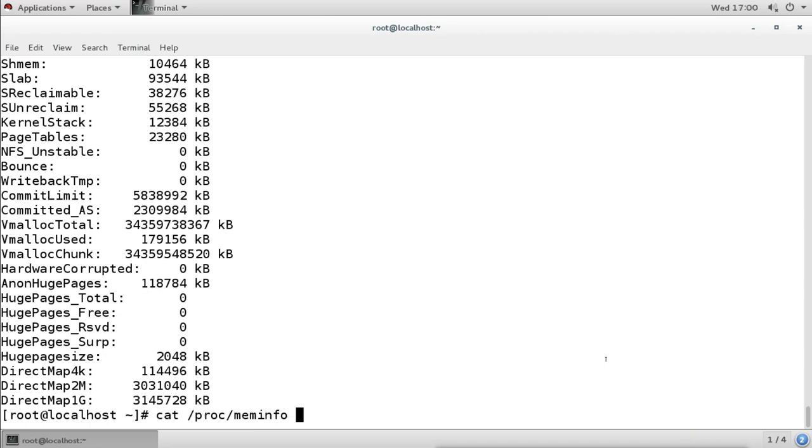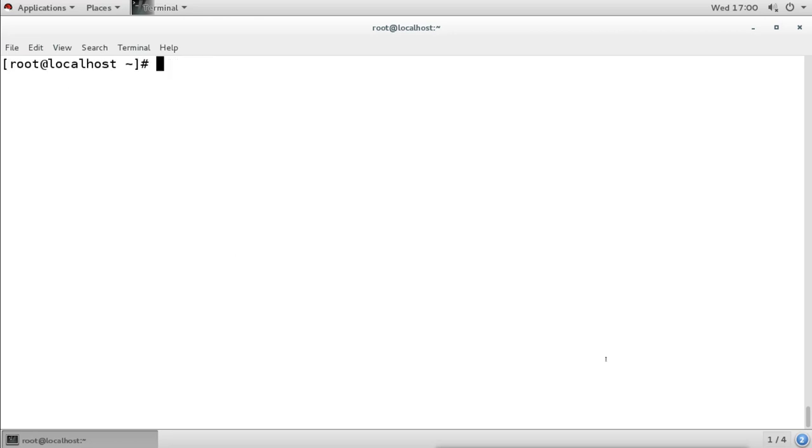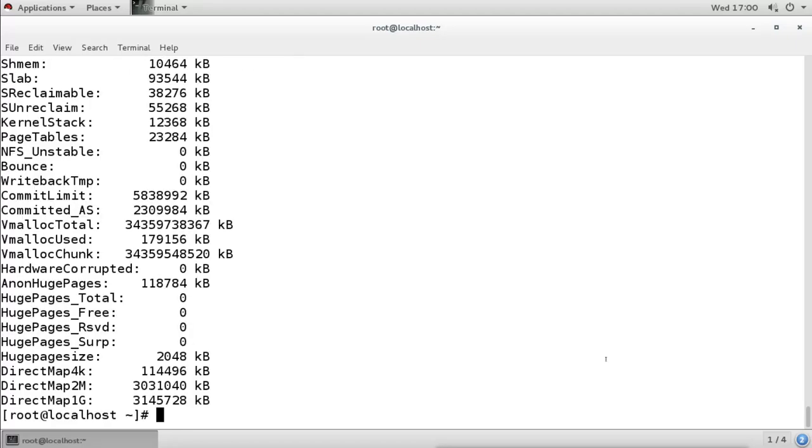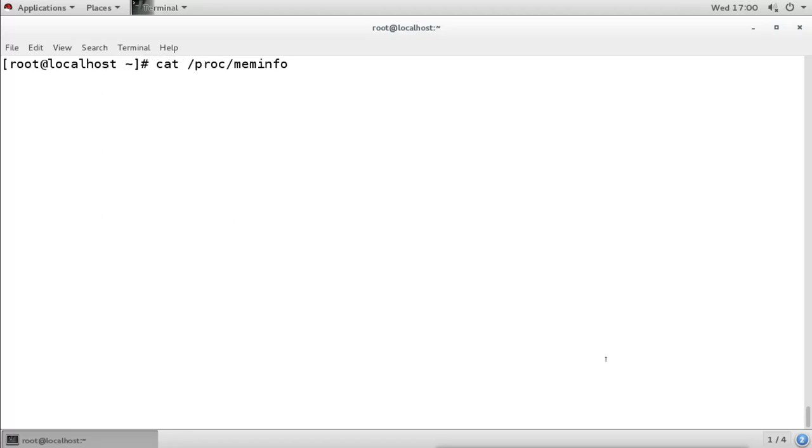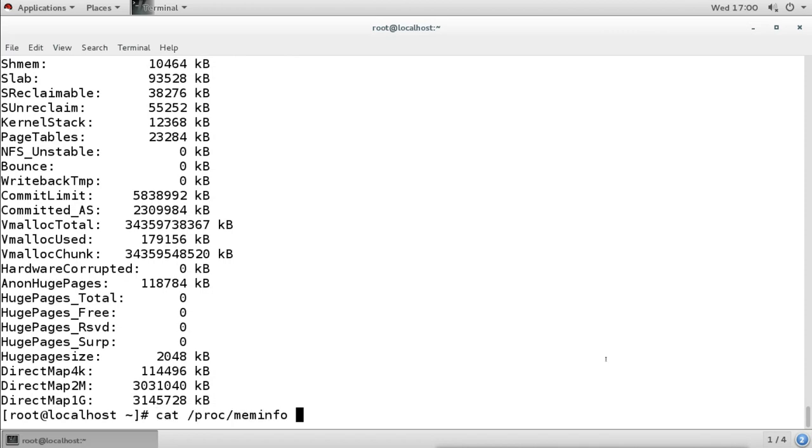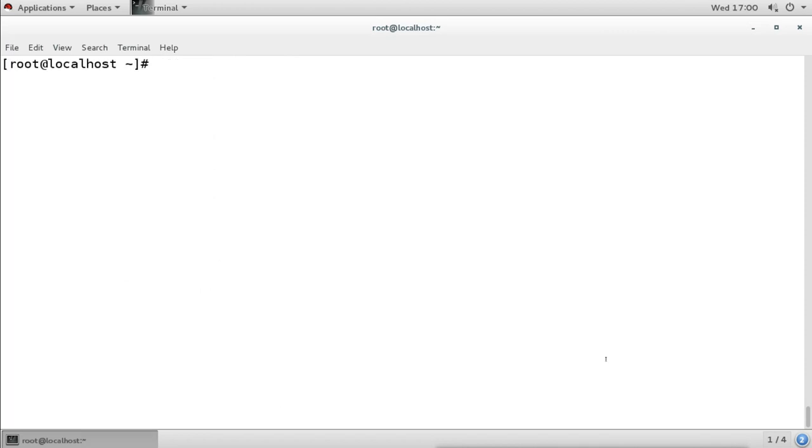So we are not seeing much change here, but it shows you the real-time changes, because the process directory contains the real-time information about the process. Now, if you want to check that, you can check the file continuously by using the command cat, or we can use one more command.